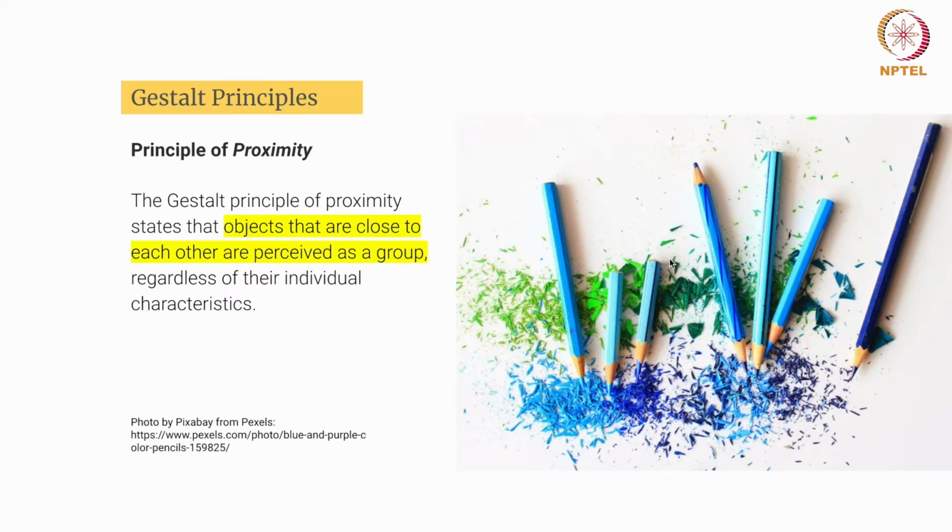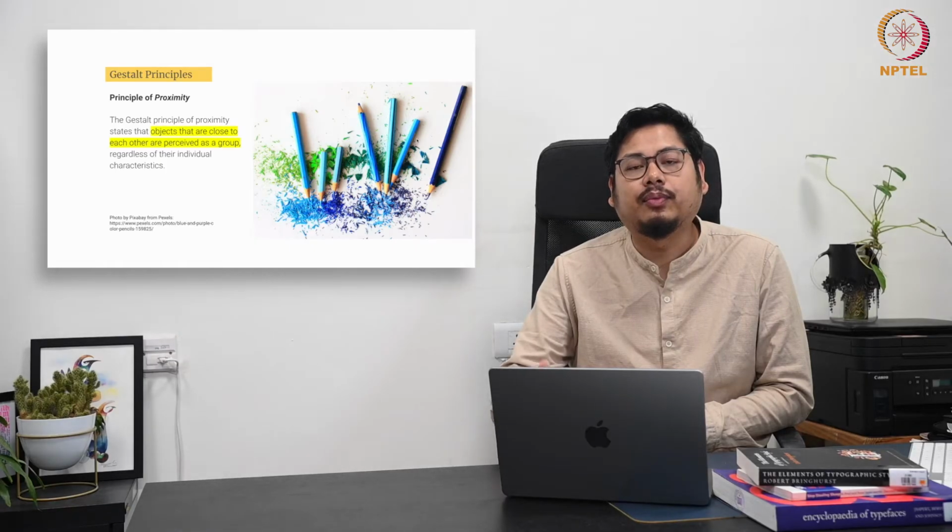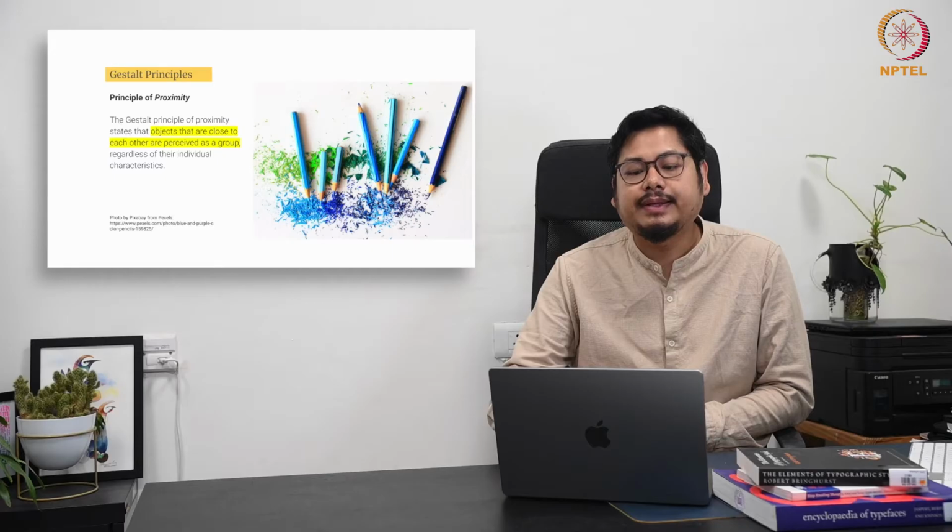And this is happening primarily because these are close to each other. These three pencils are close to each other. Similarly here and here. Maybe you also considered this as an overall group, but again, while looking into this, you might also consider this as a subgroup, this as a subgroup, and this one as not included in either group. So proximity works in that way, like how our brain quickly creates a perception regarding grouping based on the closeness or nearness of a particular object or element.